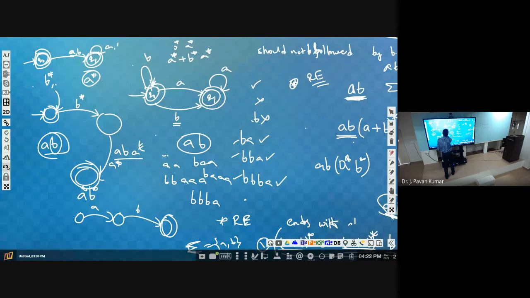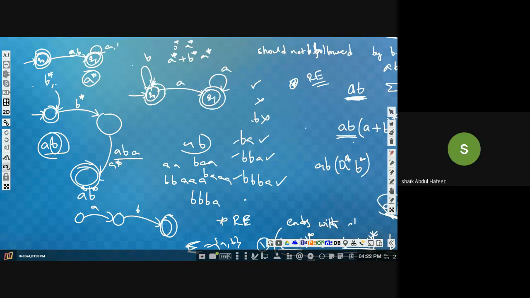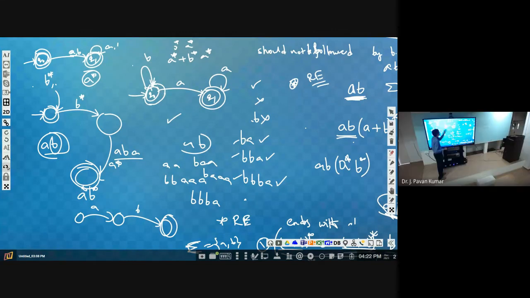Next, any other? So I think this one is also not required, right? Now you see B star followed by A star. Correct? Yes, sir. So this is the final DFA. Like this, from the regular expression we can construct DFA. From the DFA also we can construct the regular expression. Yes or no? If I give this one, can you write it or not?